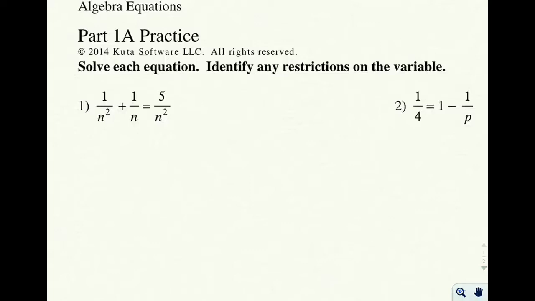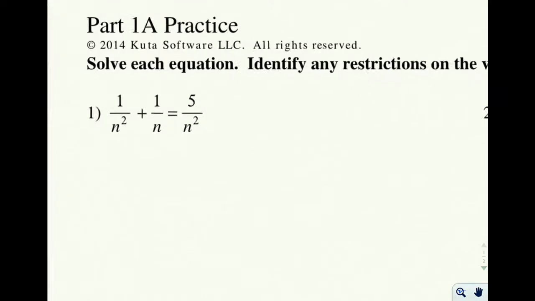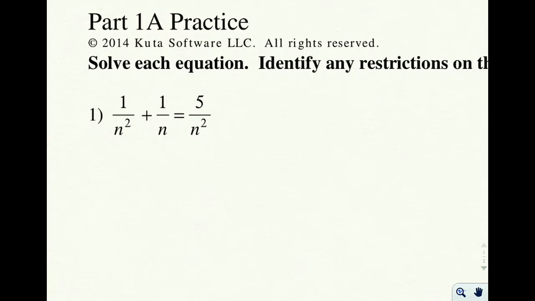We're looking at part 1a, and in these we have rational equations that we're trying to solve and identify the restrictions on the variable. So in this first example, number 1 here, you'll see that we have almost the same denominator all the way across, but not quite. And because we're doing addition or subtraction, in this case addition, what we want to do is get ourselves a